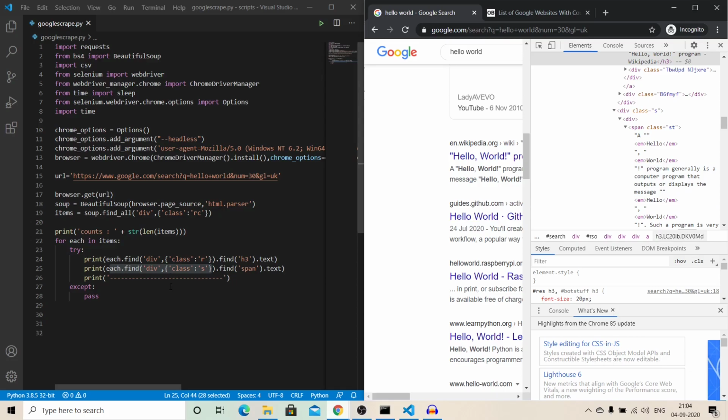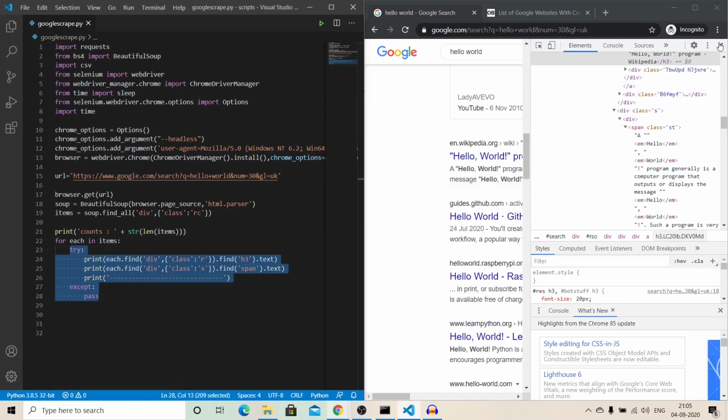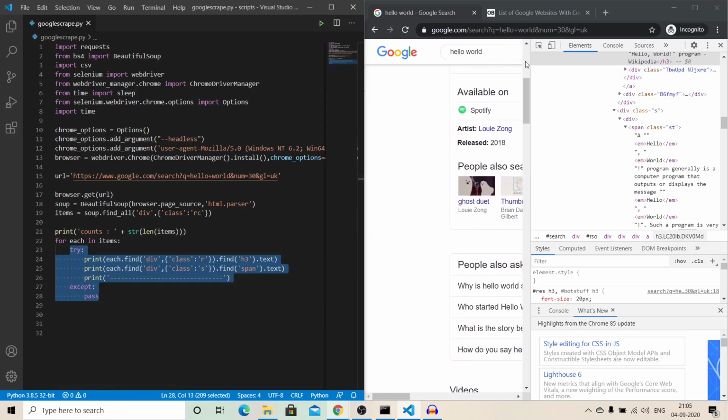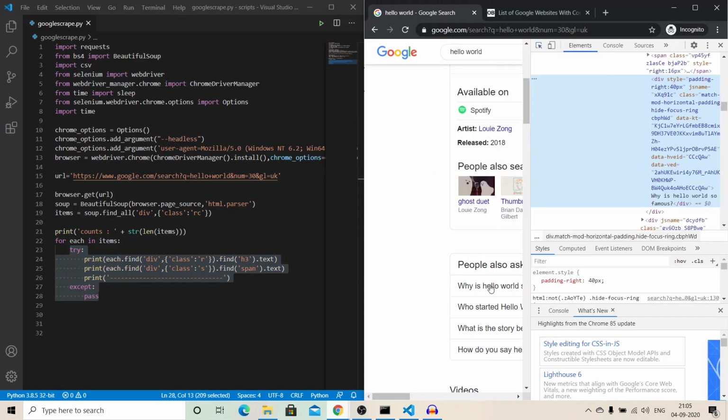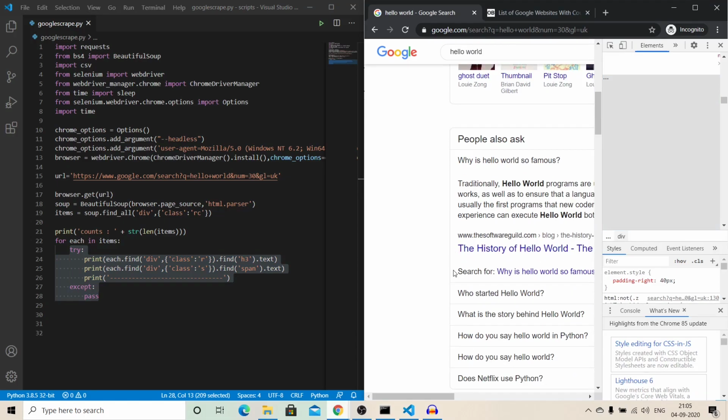So this is very basic and easy code. Using this we can actually web scrape everything which is over here. Another thing is this is written in try except. Which means that sometimes for results like this, if we inspect this, they also have a similar thing.